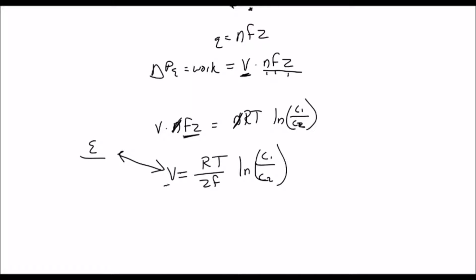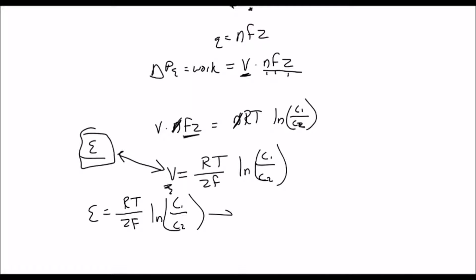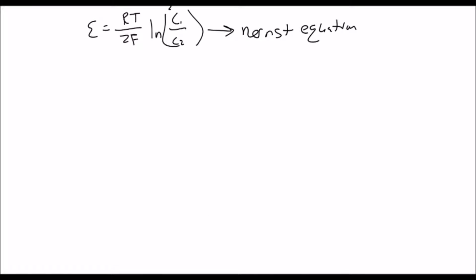The reason I chose to use V in this example is because E in physics represents the electrical field. So we say that E is equal to RT over ZF times the natural log of the concentration gradient. This is known as the Nernst equation. The Nernst equation has a couple of implications. First of all,